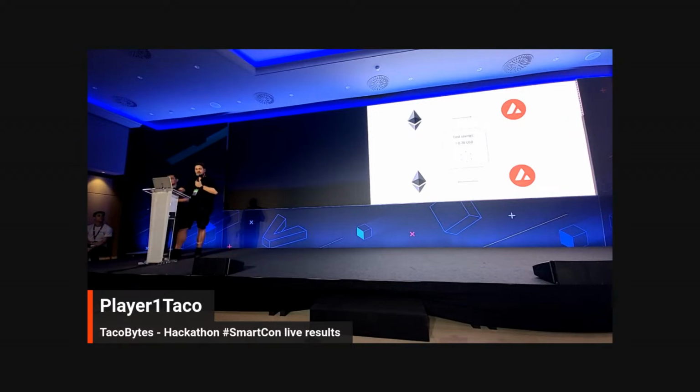Right now, and as we have to bear in mind that we are in the midst of a bear market, we still achieve 70 cents of cost savings. You can imagine if you go down the road to 2024, 2025, when block space becomes more expensive, when Ethereum is more congested, these cost savings that we identified will increase significantly. Because we're out of time, we're open for questions.